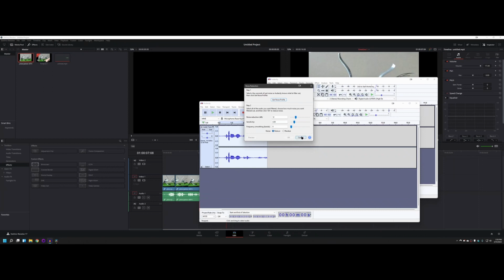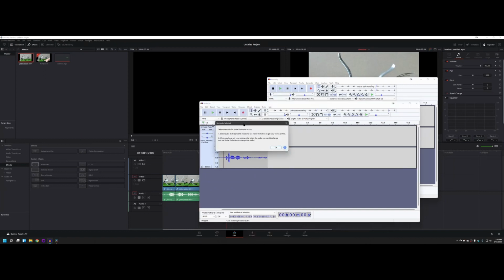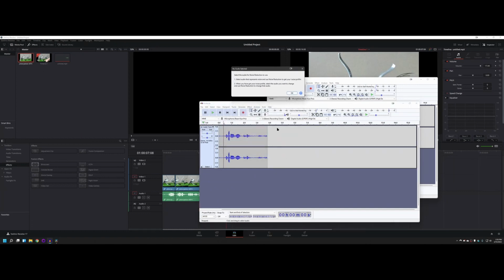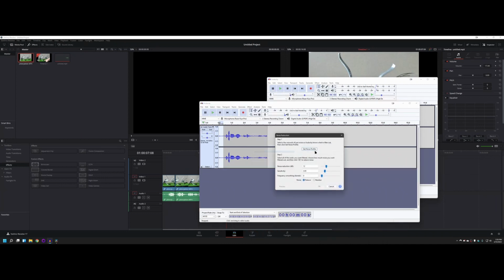Here's the instructions. Okay, get noise first. Actually, so you don't select the whole thing. You can just go up here, do noise reduction, and it'll say, okay, select the audio for noise reduction to use. So we want to select basically like this part, and it's gonna